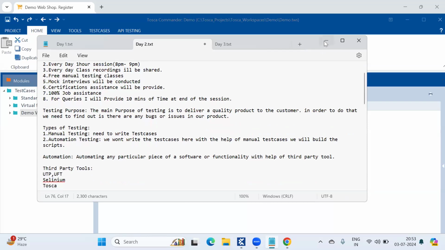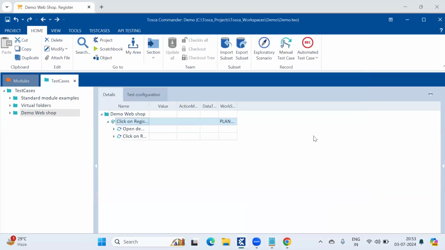Ma'am, are you going to conduct a live project as well on Tosca? Yes. The live project, in the sense, if you go to any other company, that application will be different. Only the application will be different. In every company, they won't work on the same application. That is the reason Tricentis has given a demo web shop application.